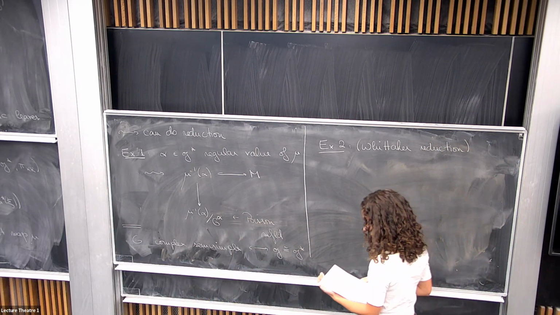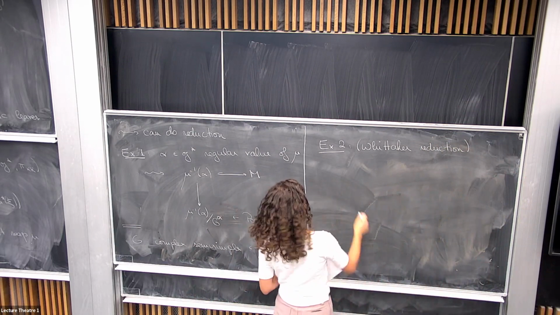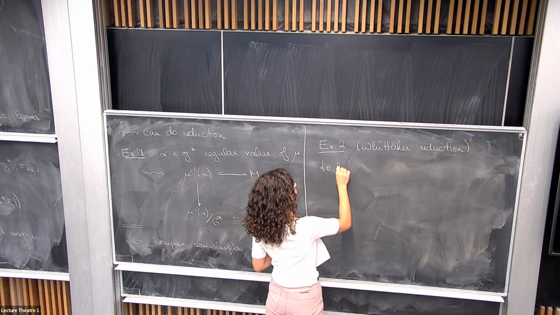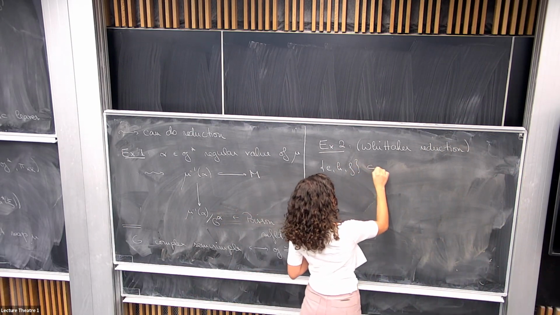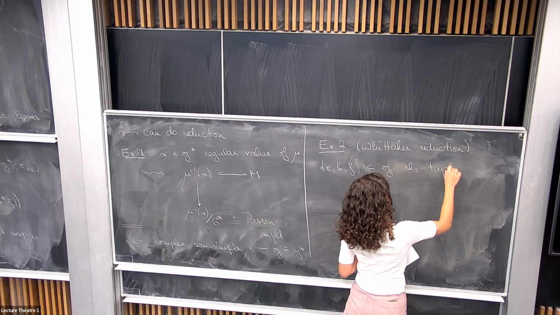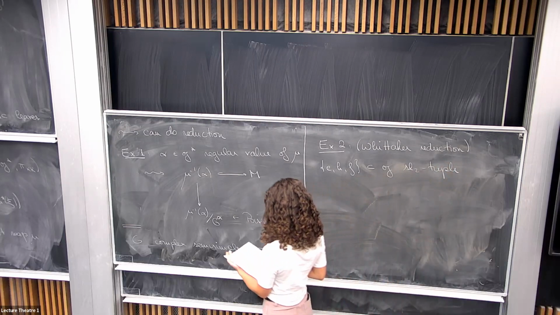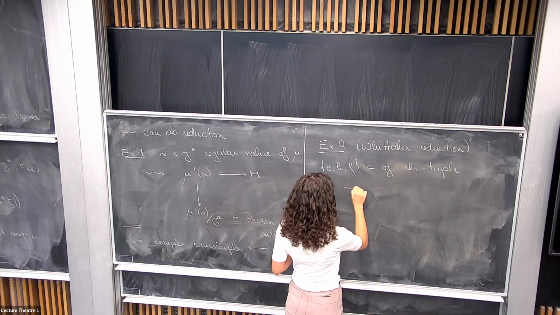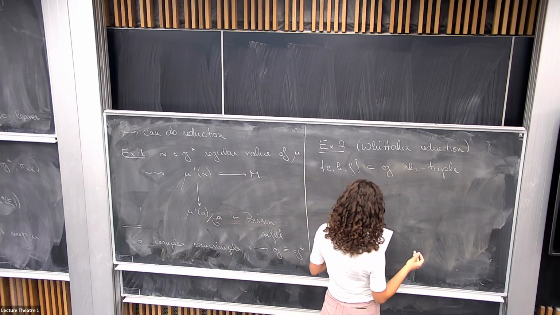Which is reduction that happens using Slodowy slices. So I begin with an sl2 triple E, H, F in g, and then I take